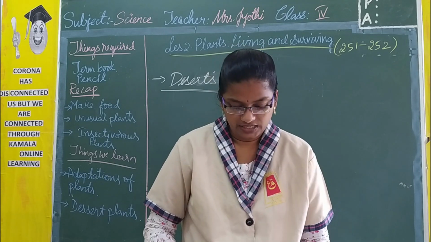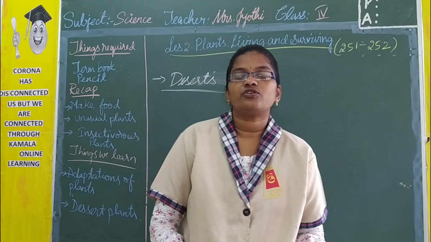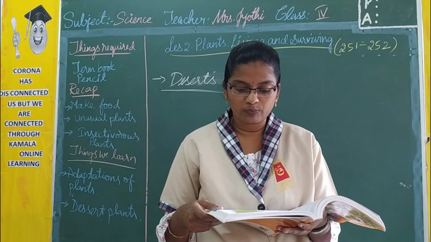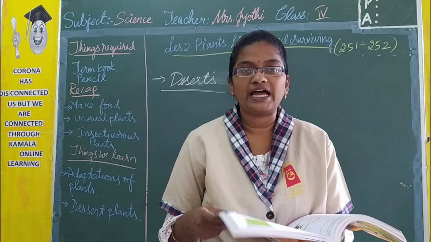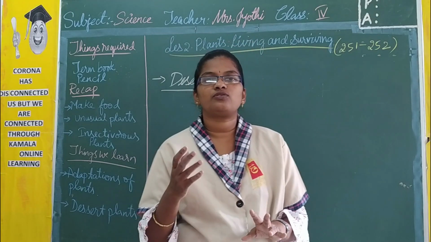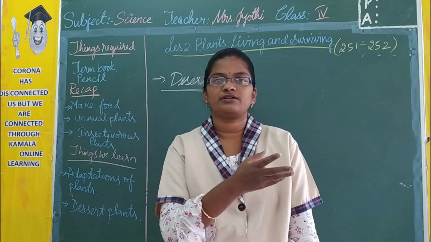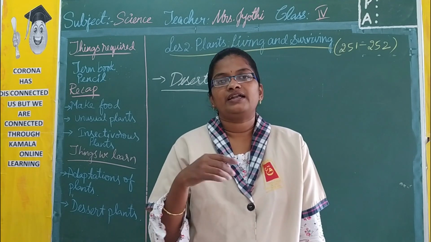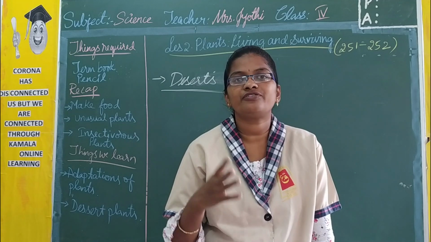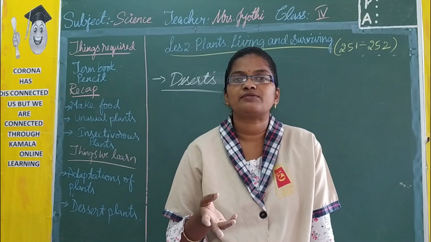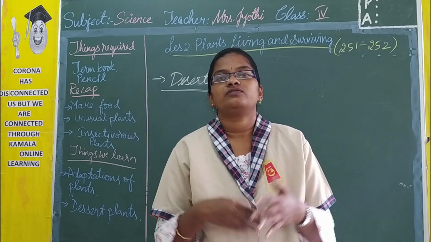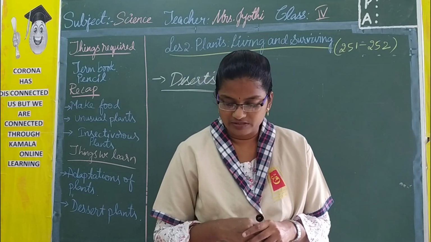To absorb the water. And here are a few more examples of plants which grow in deserts, that is babool, kikar, acacia and date palms. These are desert plants which are found mainly in desert areas, and sometimes we can see them here also. And another thing is, these plants protect themselves with the help of thorns. They adapt themselves to bear thorns, which are nothing but the leaves. With these they protect themselves.